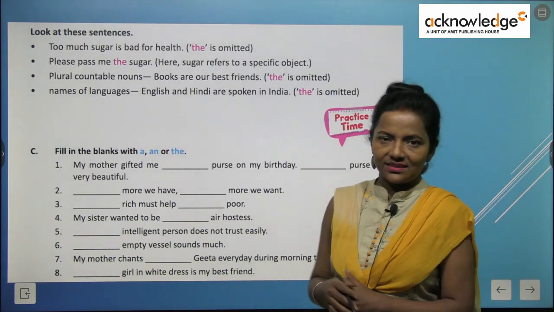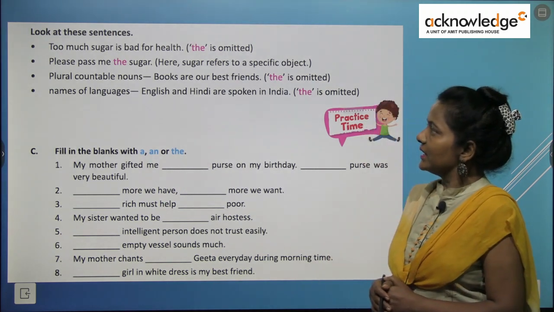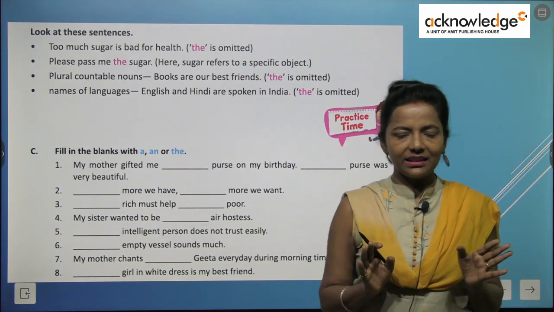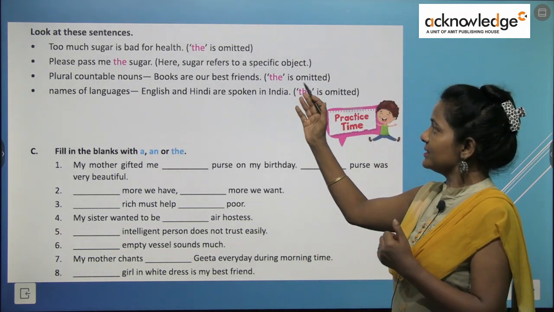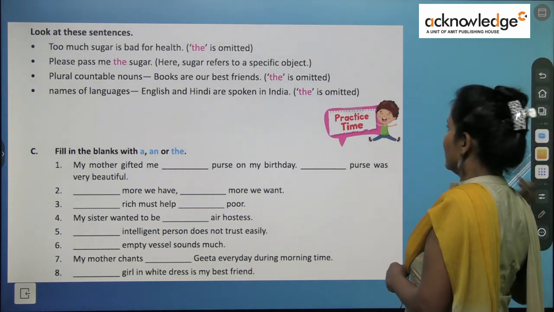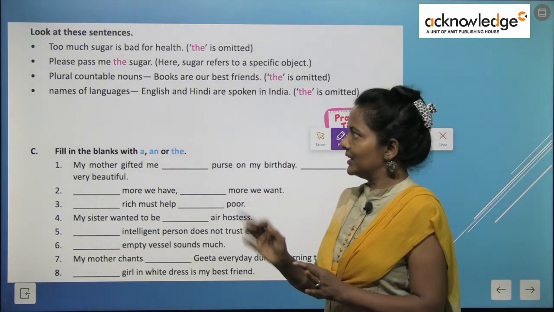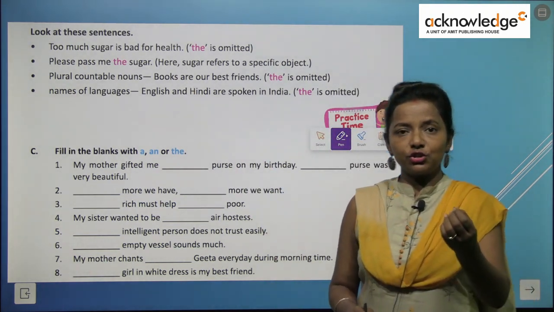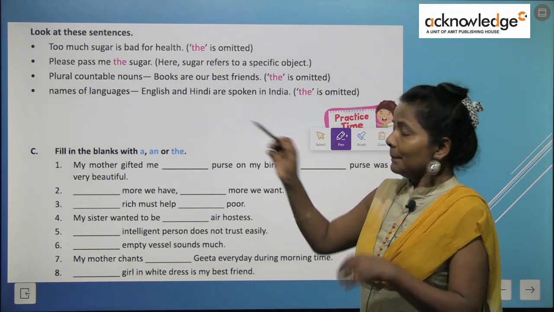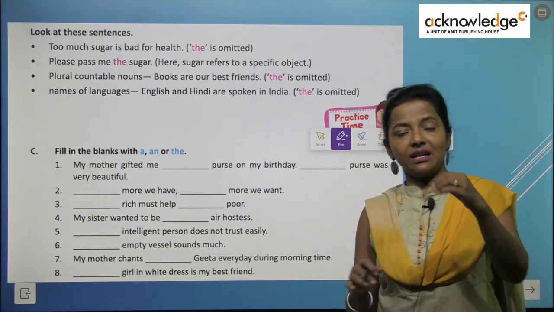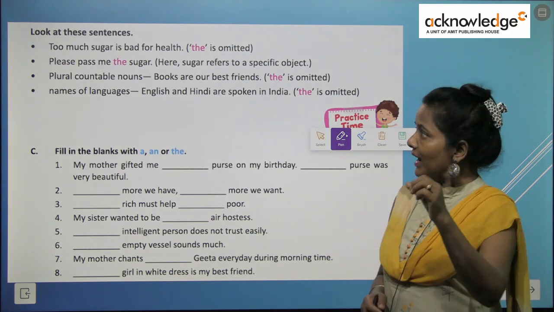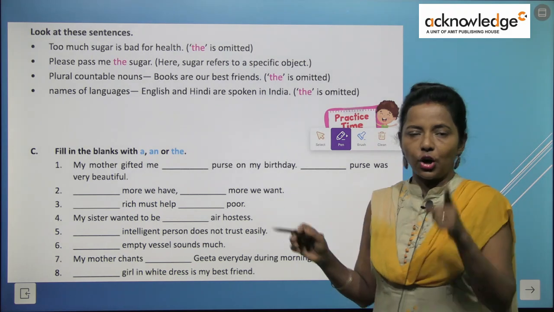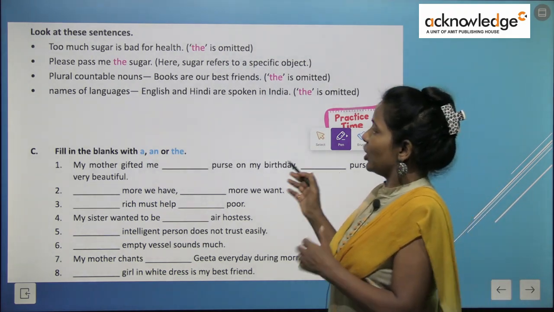Look at these sentences. Too much sugar is bad for health. अब यहाँ पे हमने द नहीं लगाया। Here we have omitted the, हटा दिया है। Please pass me the sugar. अब बहुत सारी चीजें रखी हुई हैं, उसमें से हमें शुगर को चूज करना है, तो वहां हम कहते हैं प्लीज पास मी द शुगर। वहां हम द का यूज करते हैं स्पेसिफिक ऑब्जेक्ट को पॉइंट आउट करने के लिए।